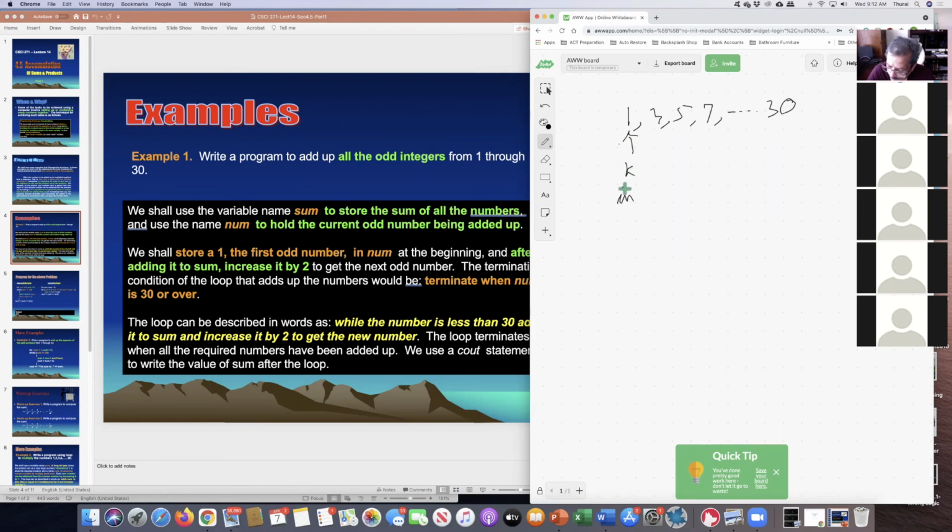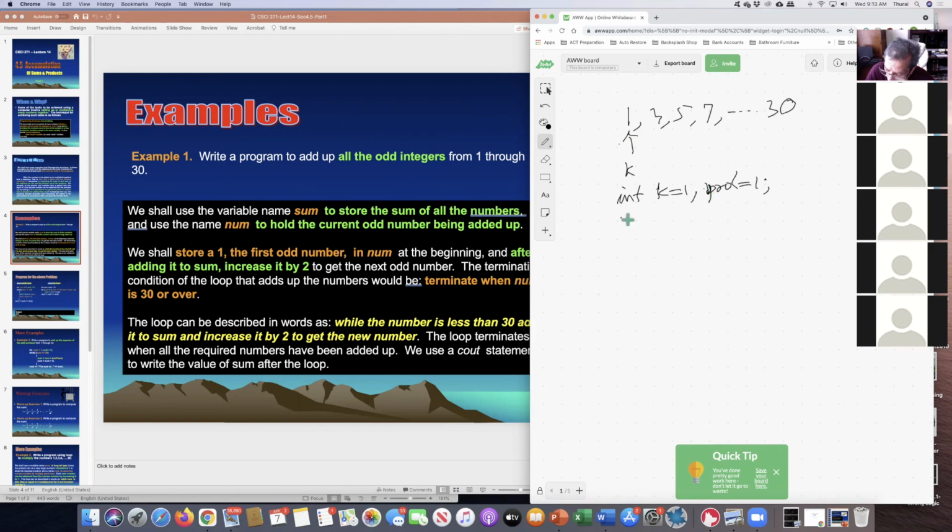So int, they're all integers clearly. So int k equal to 1. Prod should also start at 1. I'm multiplying, so if you start prod at 0, then everything will be 0. So you have to start at 1. And then